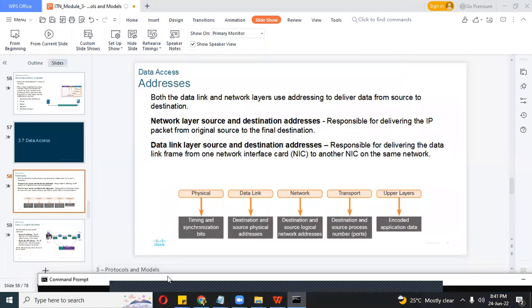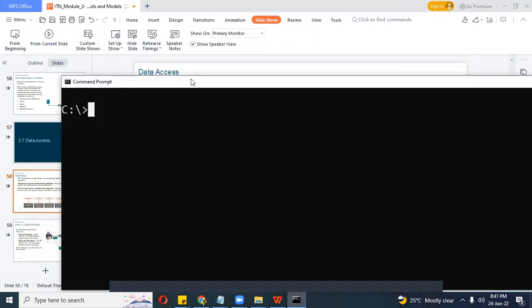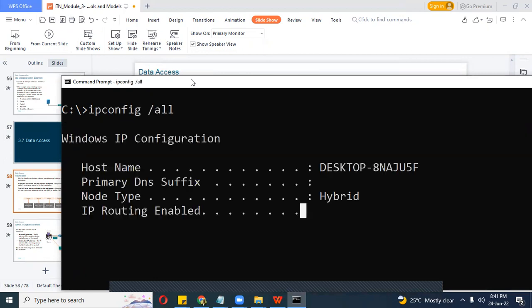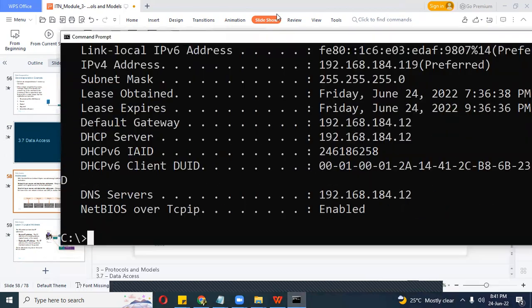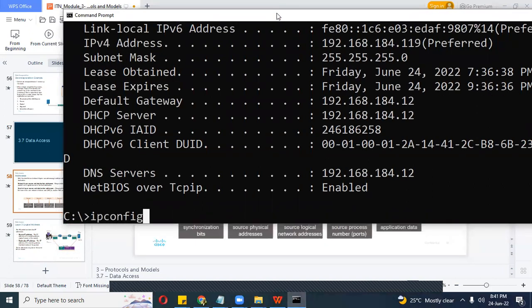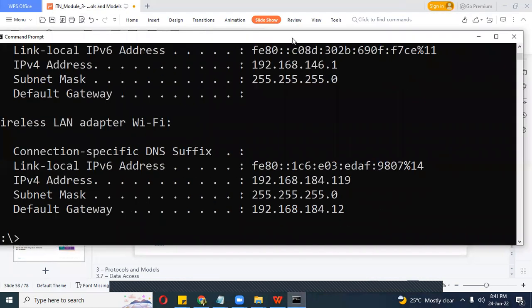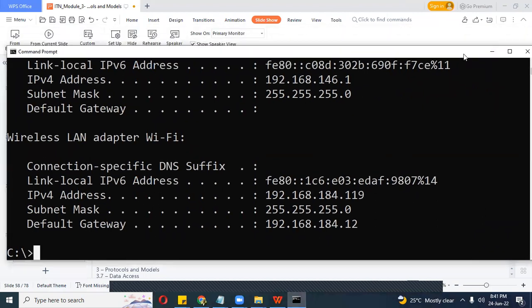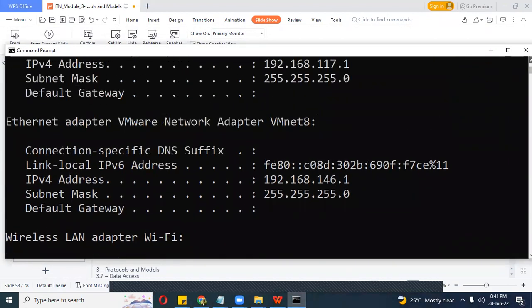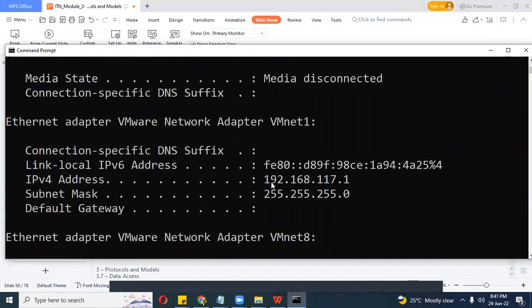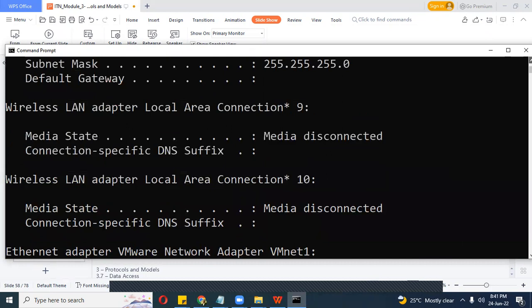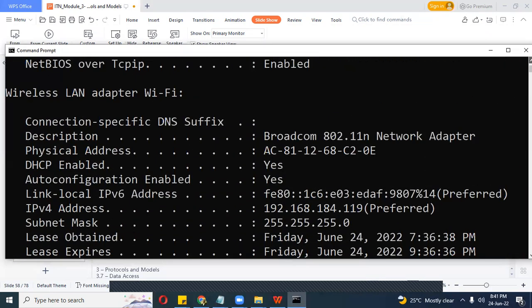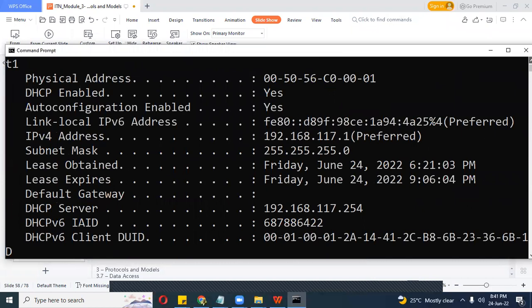So I was talking about what? I will need to say ipconfig /all to see my MAC address. Okay, good. Because if I say ipconfig like I did earlier on, I'm just going to see the IP version 6 address, IP version 4 address, and maybe the subnet mask. But if I say ipconfig /all,